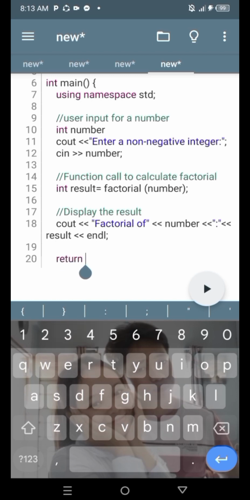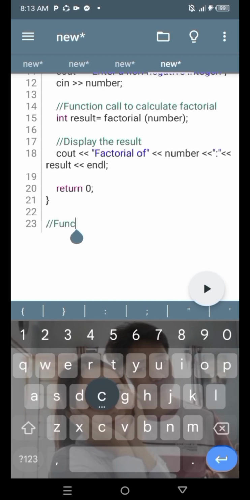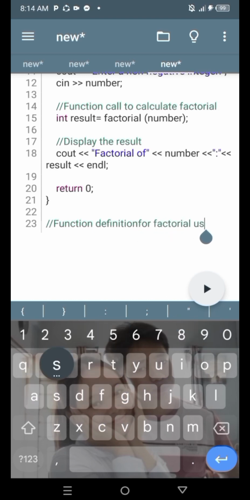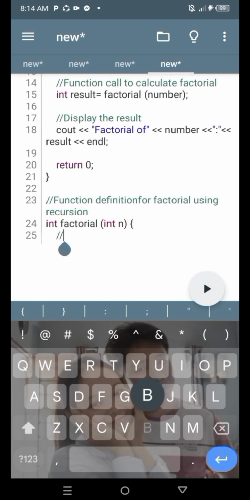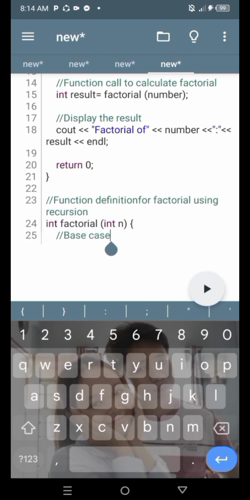Function definition: factorial. The function uses recursion to calculate the factorial of a number. Base case: check if n is 0, in which case it returns 1. The recursive case: calculate n factorial by multiplying n with